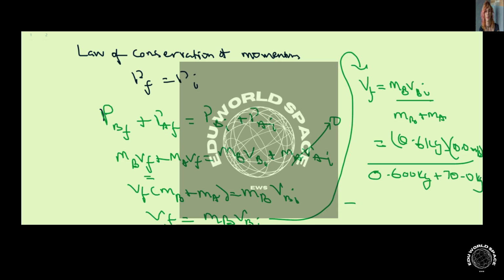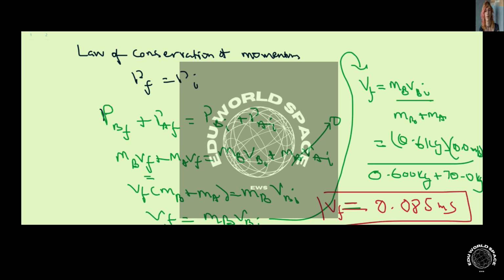Always a good habit to leave your problem solving up until the final step, and that just means that we're gonna divide these numbers. See, the final solution will be in terms of velocity, because when the kilograms cancel out, you end up having velocity. So we have 0.6 times 10, and then divide by 0.6 plus 70, and that gives us